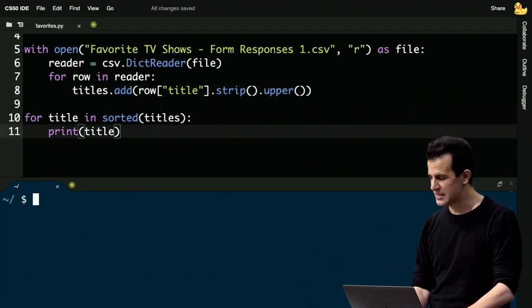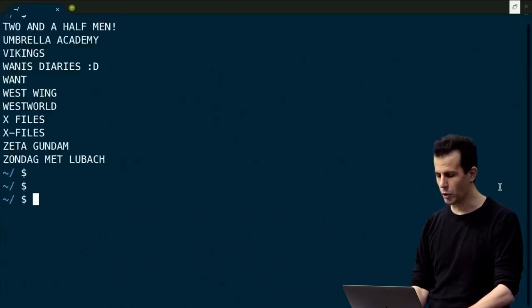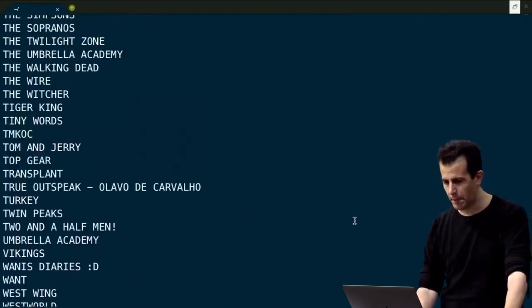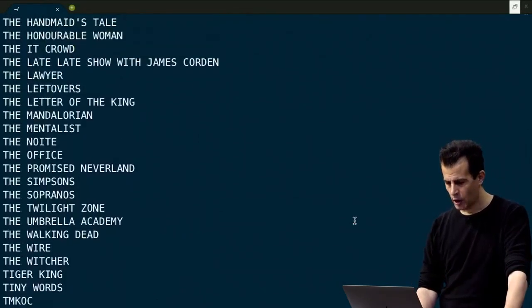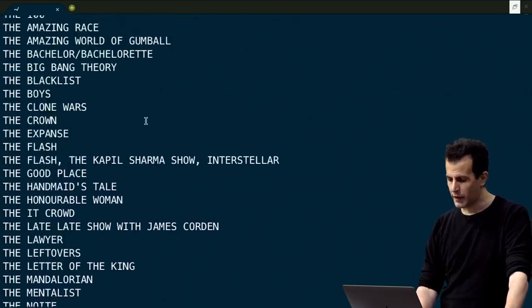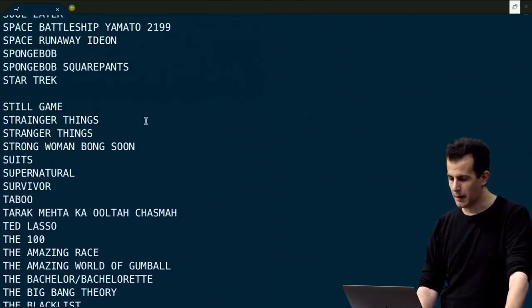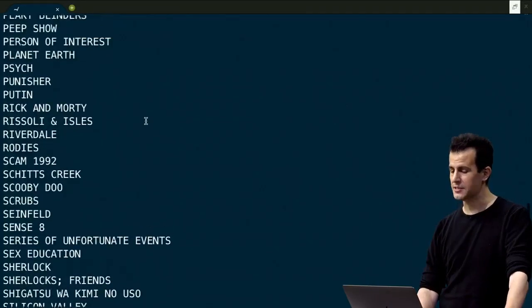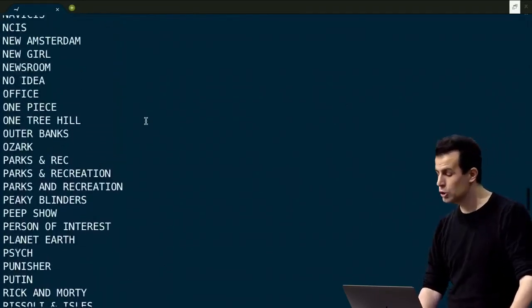Well, let me go ahead and run this again in my bigger terminal window. python of favorites.py, voila, and scrolling up, up, up. I think we're in a better place. I only see one office now. And if I keep scrolling up and up and up, I'm seeing typos still, but nothing related to white space. And I think we have a much cleaner, unique list of